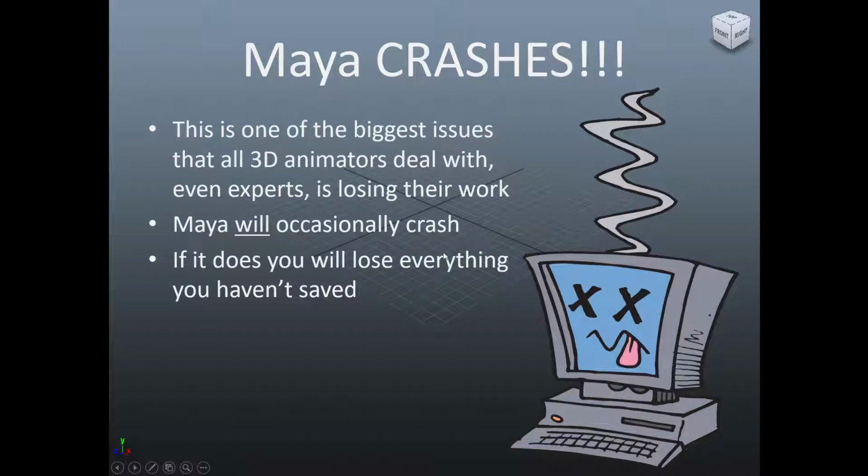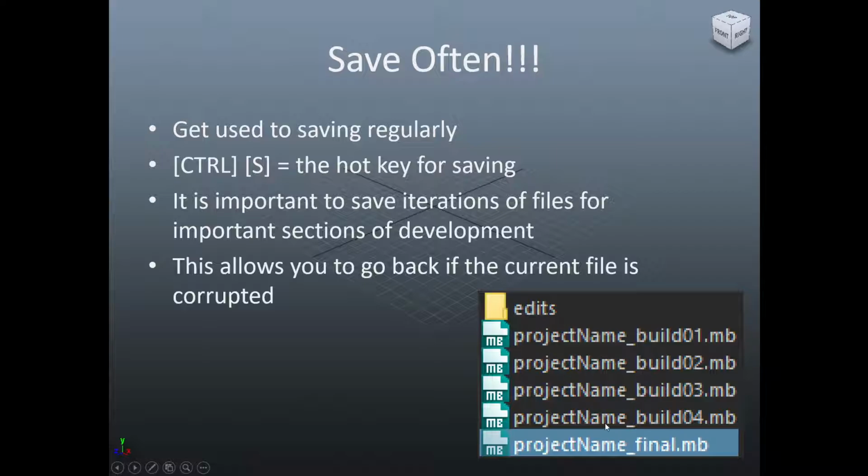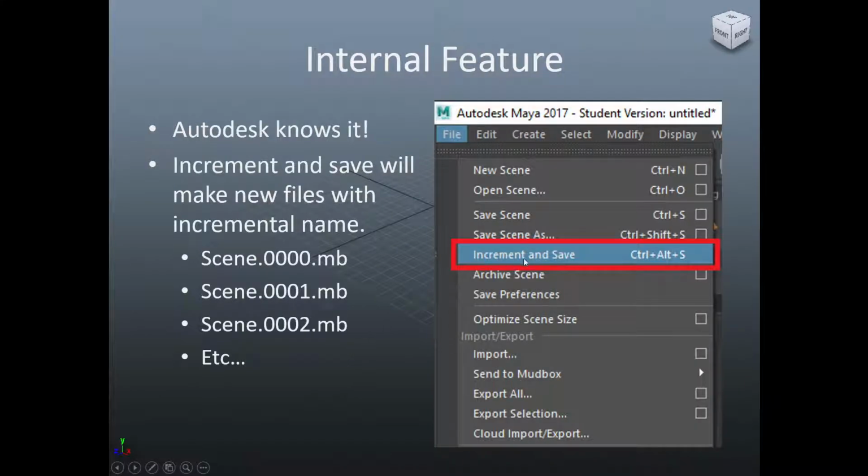Taking into account that Maya crashes a lot, if you're ever in doubt on when you're supposed to be saving, if you remember about saving, just save. You're going to be creating incremental saves. Maya knows that we tend to just name something like project name final, and final, and final for sure. So Maya is going to let you do incremental saves that are going to change the name of the file automatically. If you just say increment and save with Ctrl-Alt-S, that is going to change the name of the scene to